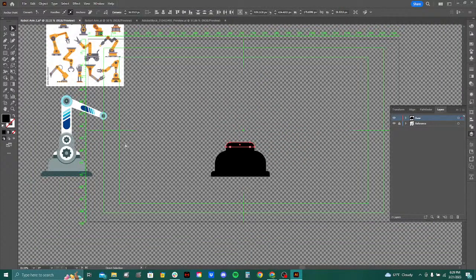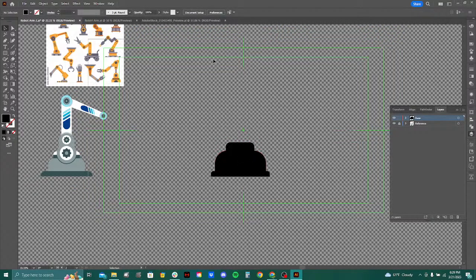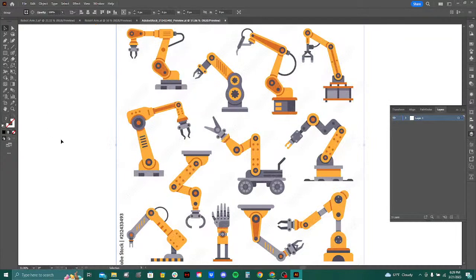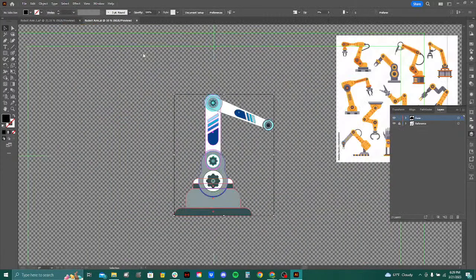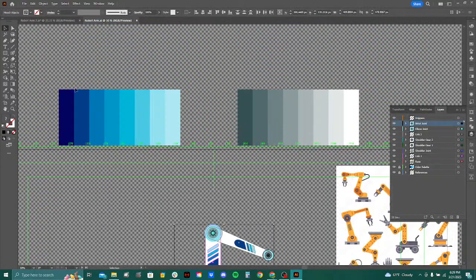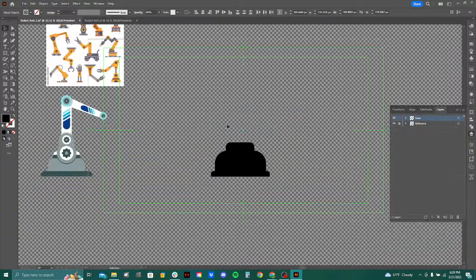And I'm going to zoom out and I'm just going to use the colors that I had here to color this as well. I'm just going to kind of rebuild what I had. Close this up. And notice that I imported and brought in those color palettes that I linked to you guys so that you guys can use. And so I just put those at the top, and I use the eyedropper tool, which is,